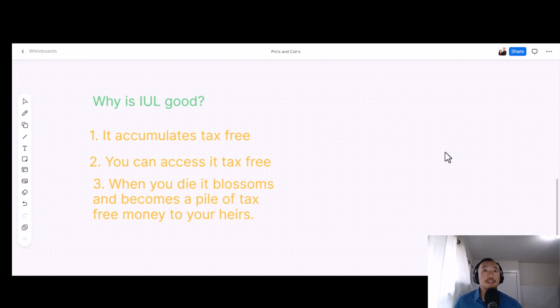Since it is a universal program, the monthly amounts are flexible, meaning you can pay more or less depending on your financial situation. On the other hand, you have to max fund the IUL to truly see the power of owning an IUL. And lastly, it's a life insurance product, so you must qualify for it. If you think IUL is right for you and you have questions about where to buy an IUL, please check out my video about where to buy an IUL, and it can point you in the direction of what to look for when you are shopping for an IUL provider.